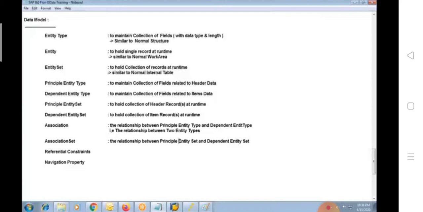So there can be two entity sets, that is principal entity set and dependent entity set. When you establish the relationship between these two things, we call it association set. So in simple words, this is the relationship between two entity sets.